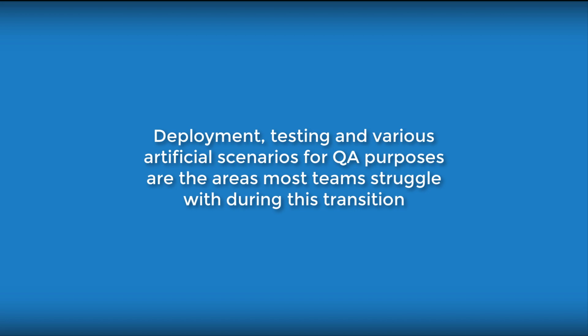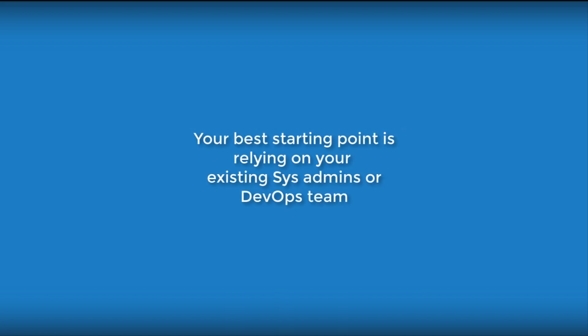Discovering modern ways of doing deployment, testing, and instance management will be necessary to some degree. You'll likely be required to work your magic on some creative solutions surrounding any in-house integrations or firmly rooted traditions. Your best starting point is relying on your existing sysadmins or DevOps team. The suggestions they make will have some impact on your overall architecture and design. Thankfully, modern tooling like Kubernetes, Docker Swarm, and so on, with the addition of auxiliary infrastructure tools, will make your life a lot easier. Creating and documenting this tooling step is essential.